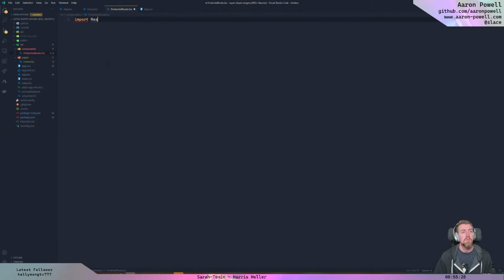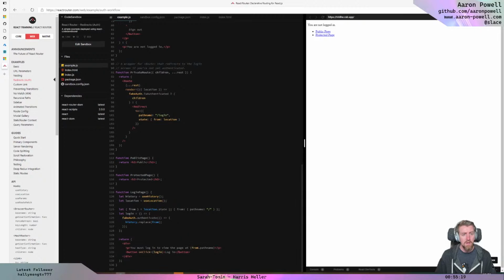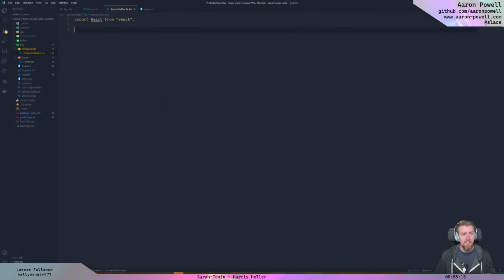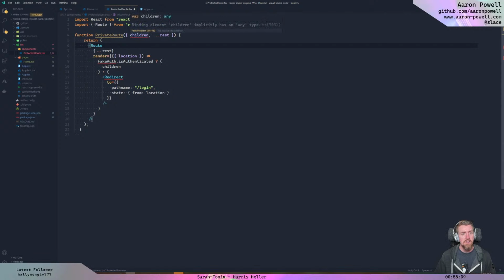Import React from React. Copy and paste that code, that's the easiest way to do it. Import Route from router DOM. Children has a type. Yeah. Import Redirect from